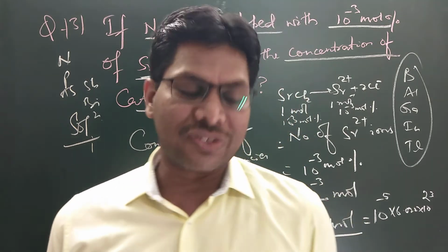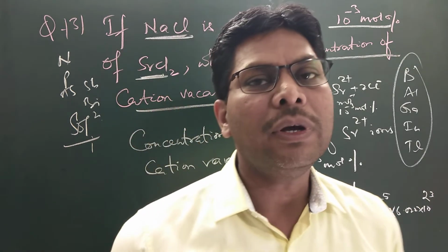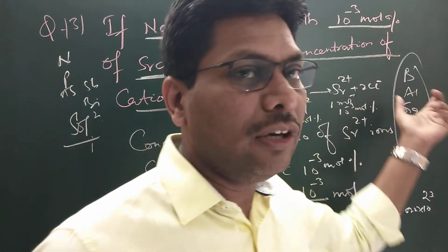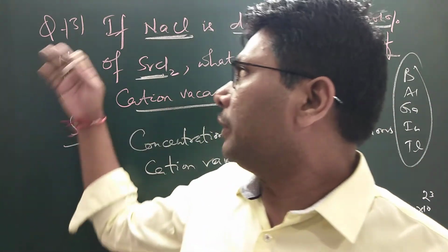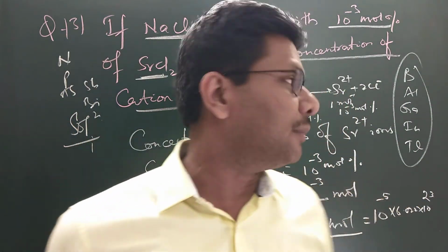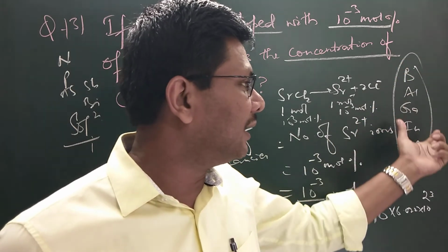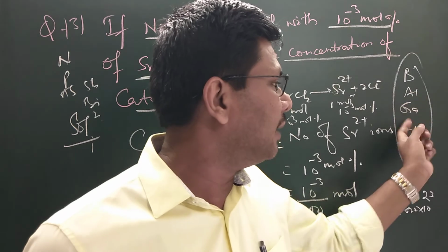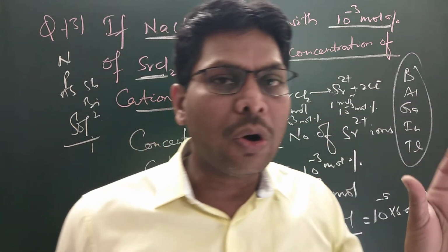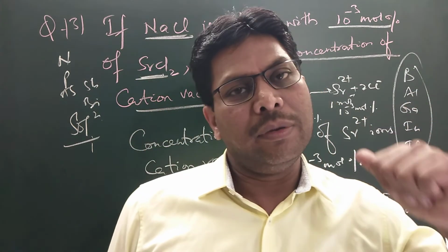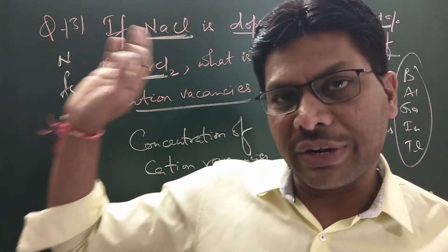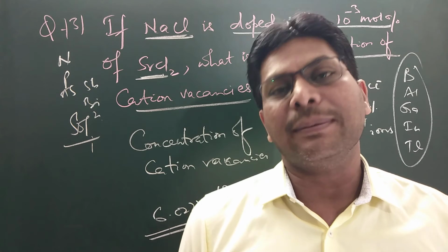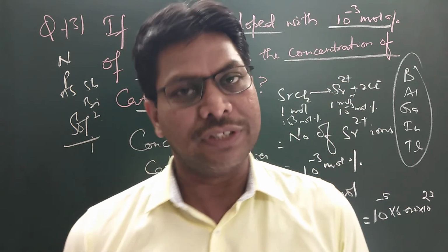So there are two types of extrinsic semiconductor: one is called n-type, another is called p-type. When we mix silicon and germanium with group 13, we will get a p-type semiconductor. When we mix with group 15, we will get an n-type semiconductor. So remember the trick Bal Gangadhar Indian Tilak for group 13, the boron family: boron, aluminum, gallium, indium, thallium. Silicon or germanium mixed with group 13 gives p-type. Silicon or germanium mixed with group 15, nitrogen, phosphorus, arsenic, antimony, bismuth, gives n-type semiconductor. So these are the two important types of semiconductors.